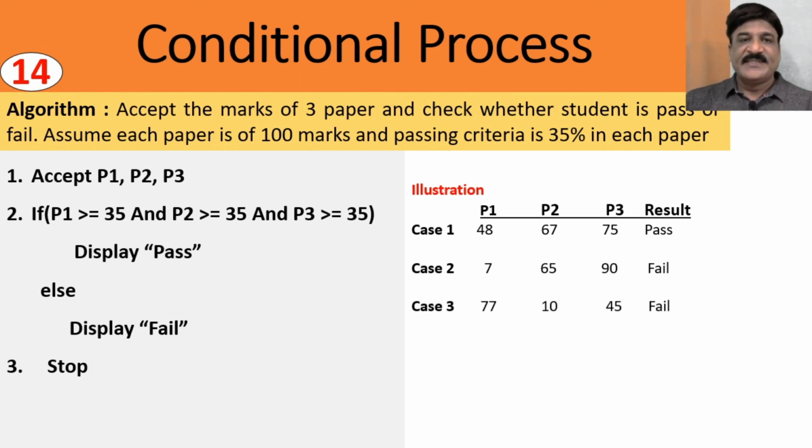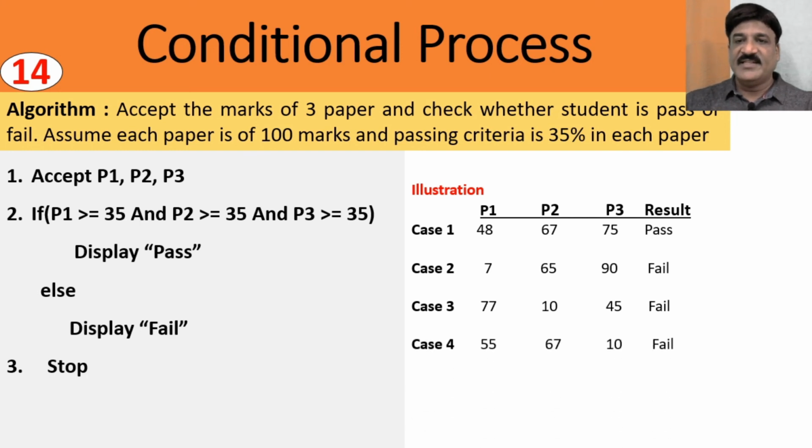Now 77 is greater than 35, yes, what condition is true? In that case, we need to check second. Okay. 10 is greater than 35? No. It means condition is false. So again, there is no necessity to check whether the third condition is true or not. Because overall condition becomes what? False. So ends. And hence, what is going to happen? Control will be transferred to the else part. And here, what we are doing? We are displaying the result fail.